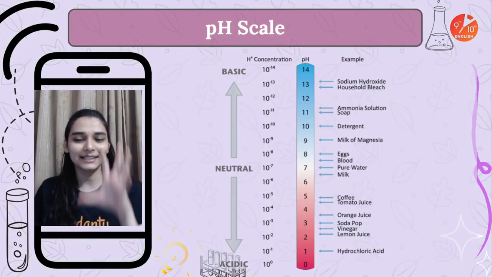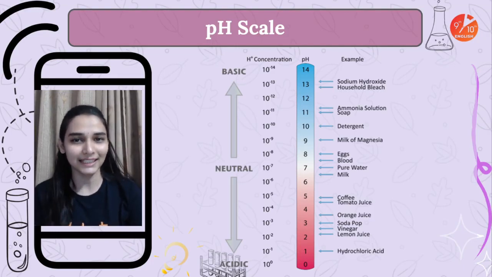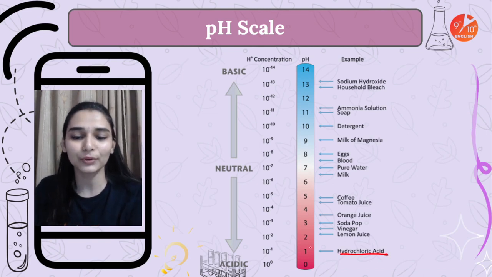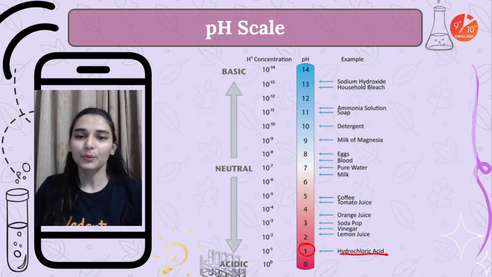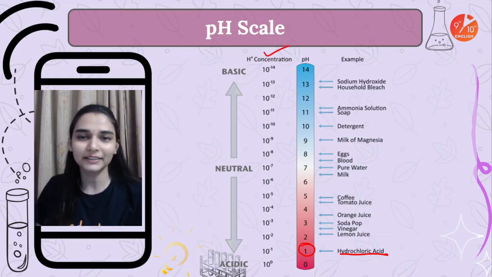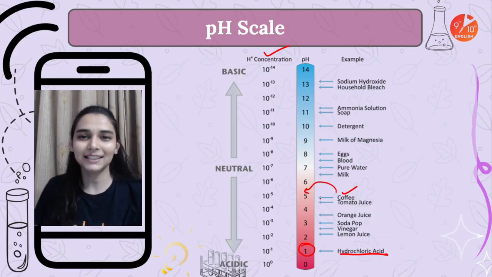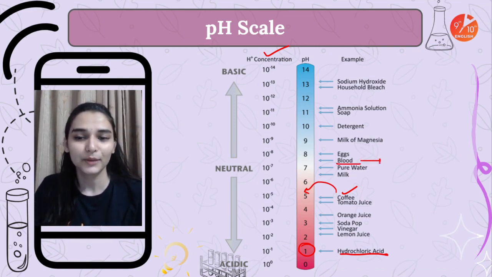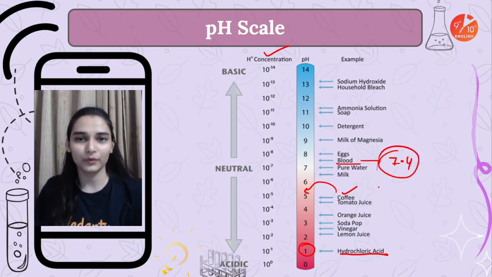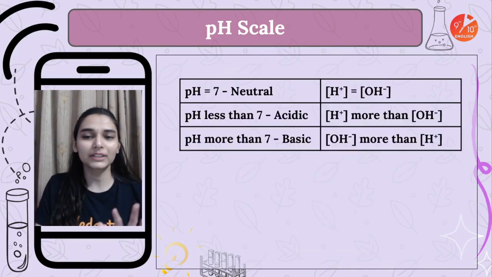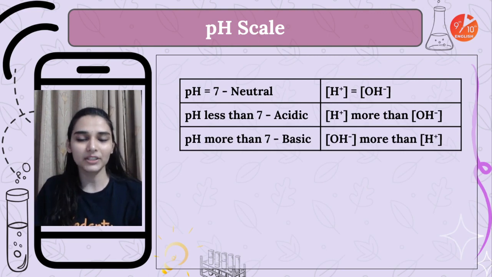So these are some of the examples of the things that we use in the daily life. So you can study this and get to know about the pH value. जैसे you have hydrochloric acid, pH 1. pH है तो H plus ion concentration निकाल सकते हो easily. ठीक है, not difficult. ऐसे ही you are having coffee has pH around 5. Coffee is acidic in nature. ठीक है, we should try to avoid coffee. Then you are having some blood. Blood has the pH value around 7.4. ठीक है, so means blood is slightly basic in nature. So go through these examples, and this is how we have summed it up, the pH scale.